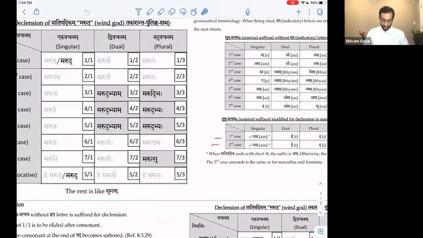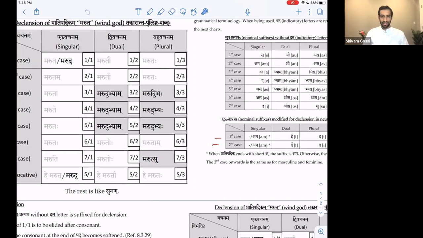Then marut plus o, maruto. Marut plus as, marutaha. Marutam. Marut plus o, maruto. Marut plus as, marutaha. Marut plus a,